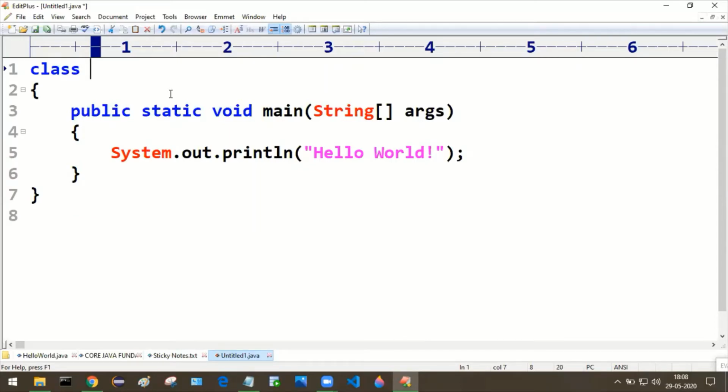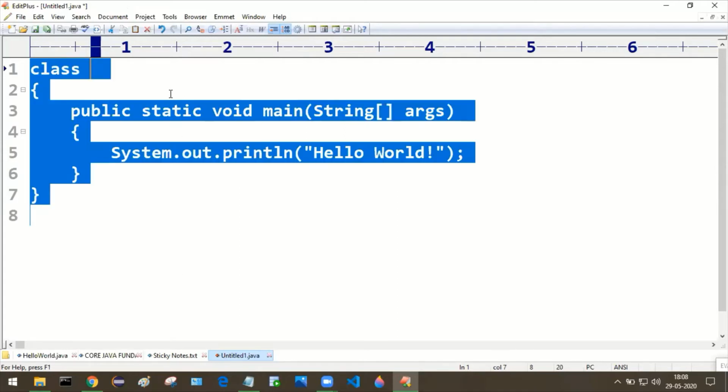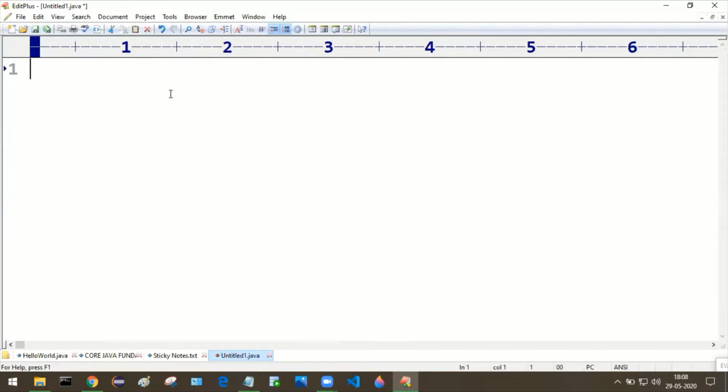For beginners, what I'm going to suggest is to type from the beginning. It will be very useful. As a beginner, you need to practice more. You need to learn the syntax very properly.